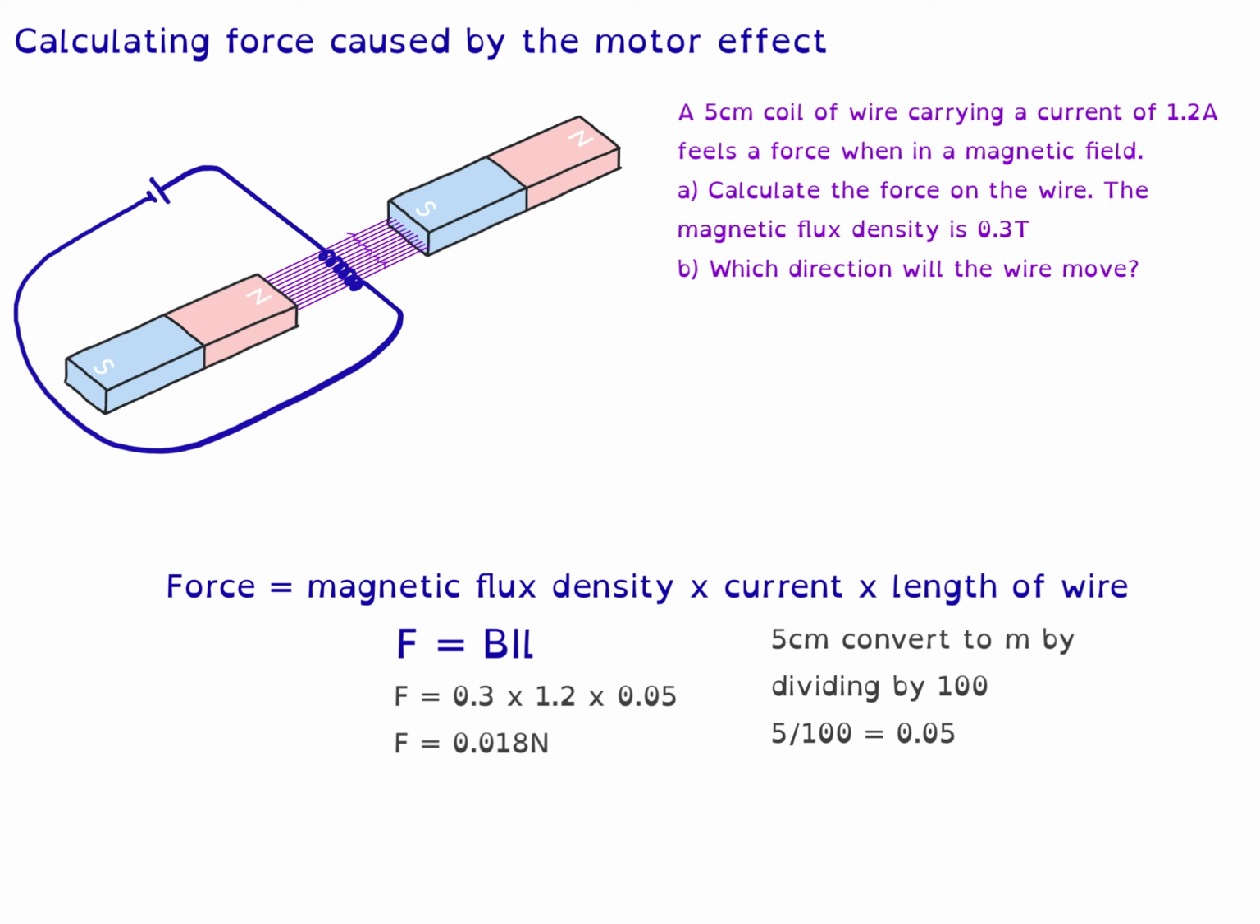For the second part of the question, which direction will the wire move? For this, you'll need to use your Fleming's left-hand rule. So your first finger will be going from north to south. Your current finger, your second finger, that will be coming out of the screen as your cell has got the positive side, the longer side of the cell is the positive side, and that will show you that your force goes in the